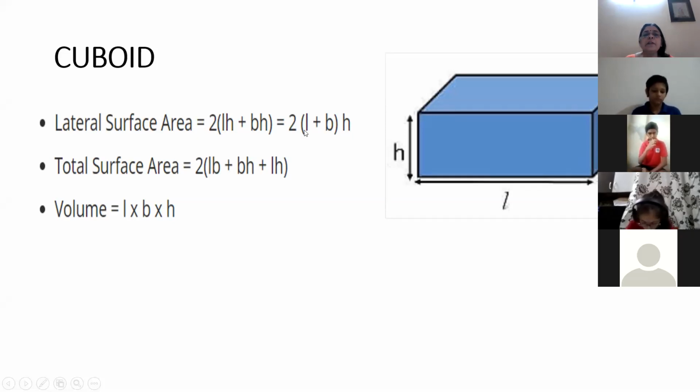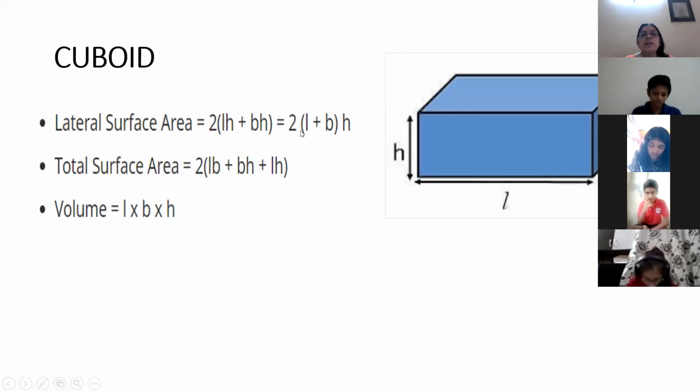Okay, now tell me, what is 2 into (L plus B)? Is it a known formula for you? Yes, किसका फॉर्मूला है बताओ? Rectangle का है, ये किसका फॉर्मूला है? Rectangle area? रेक्टेंगल का है, लेकिन क्या चीज का है? Perimeter. Okay, so this LSA can be written as